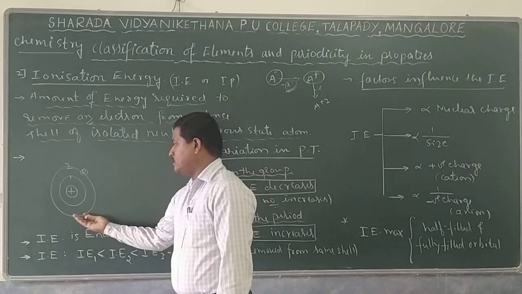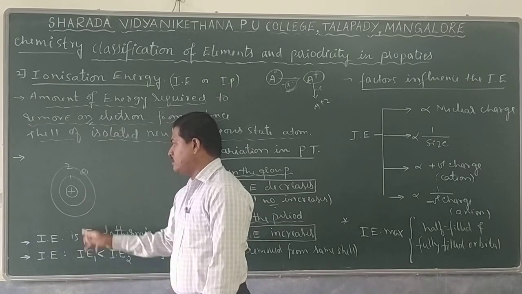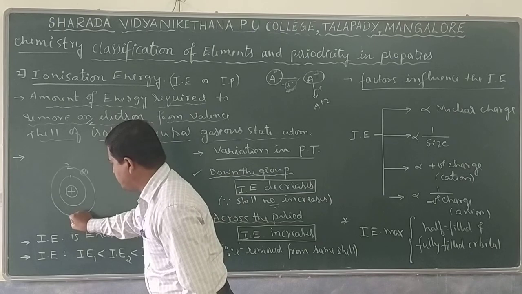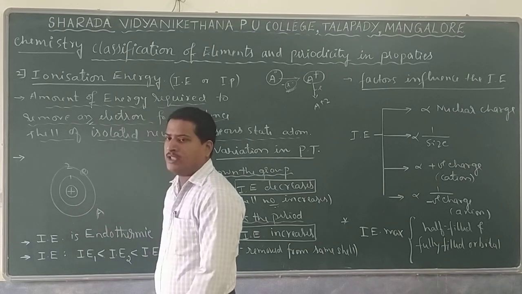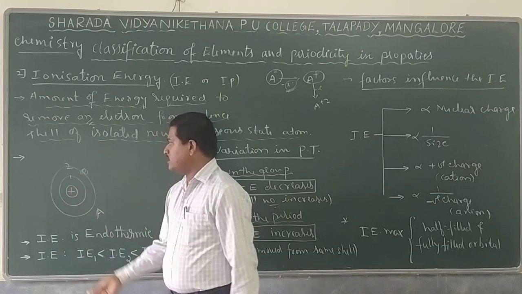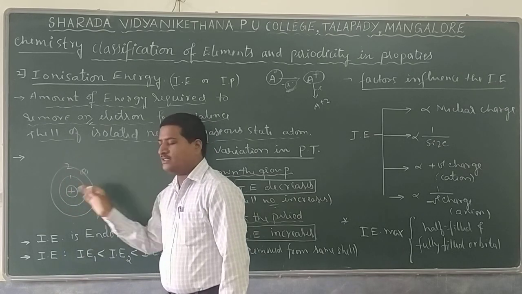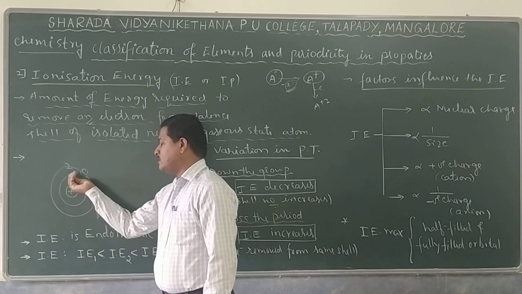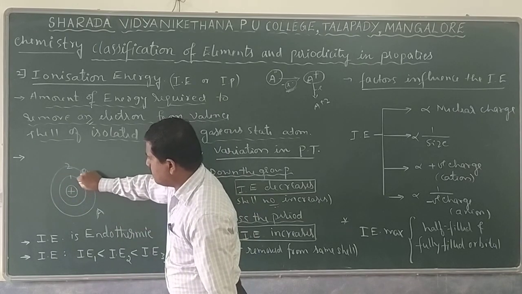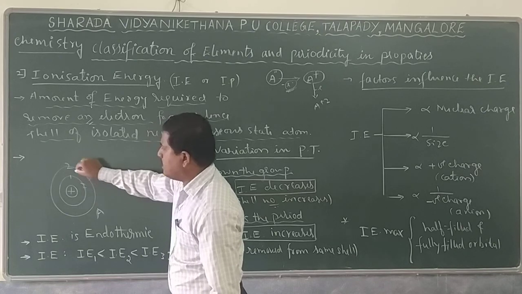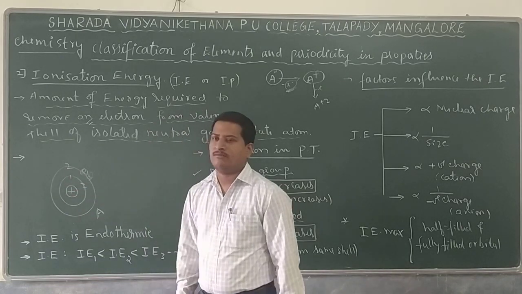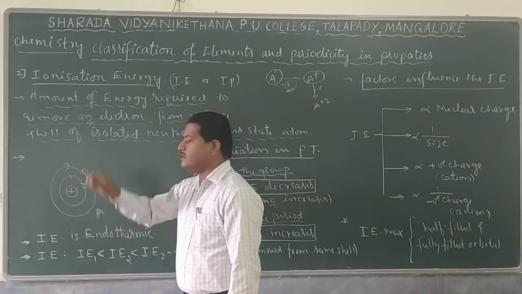Let us go with the atom structure with the help of Bohr's atomic model. We will explain. Let us say this is an atom A, and different shells are there. This plus indicates the nucleus. There are two shells. Let us see in this diagram. The first shell is this one, and another one is the second shell. Let us assume first shell electrons are there. In the second shell also electrons are present. Now tell me, among the first and second shell, which is the valence shell? Yes, exactly correct. The second one is the valence shell.